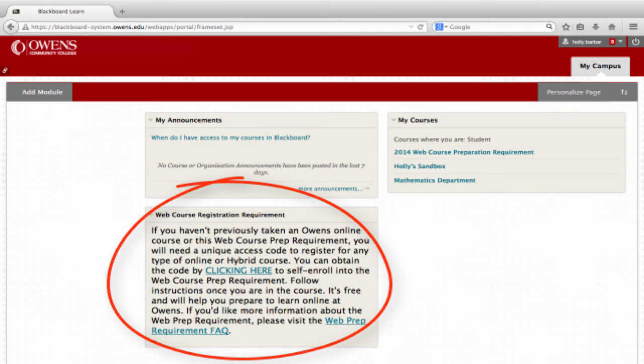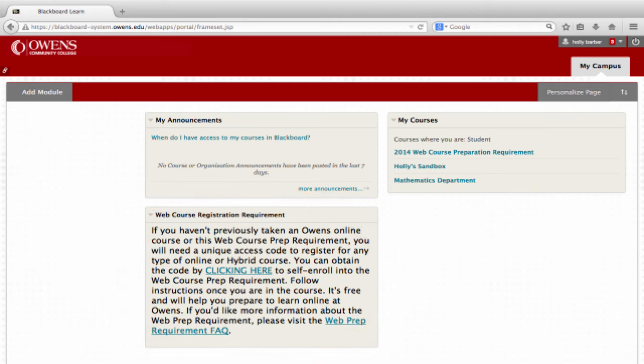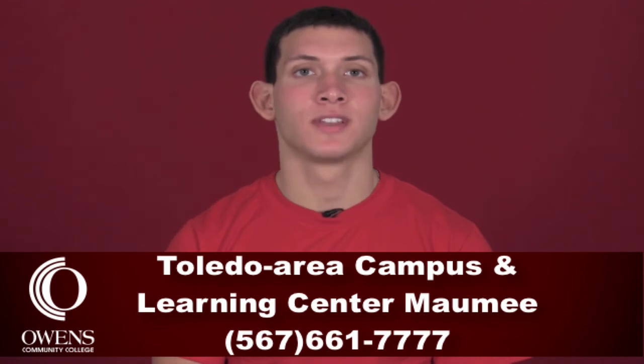Read the paragraph provided. Within the paragraph, there are 2 links that provide additional information. The first link begins the self-enrollment process. The second link directs you to a page that includes a short video that will walk you through the web course registration requirement. To contact an advisor to discuss your error hold, please call the advising office at